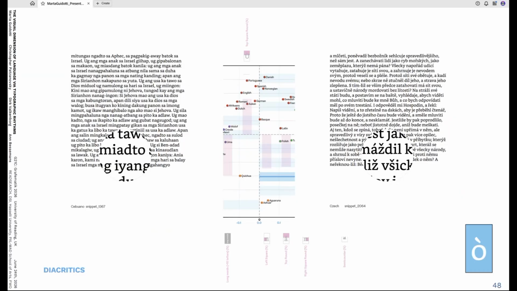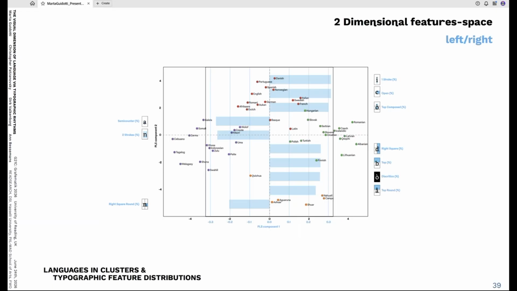There are also phonemes and more stuff that is related to language diversity. But then in the creation of the overall texture, by also looking at the different texts that languages are creating,